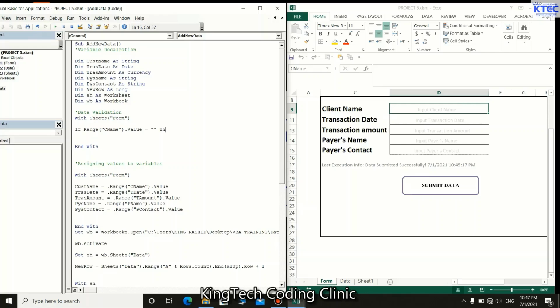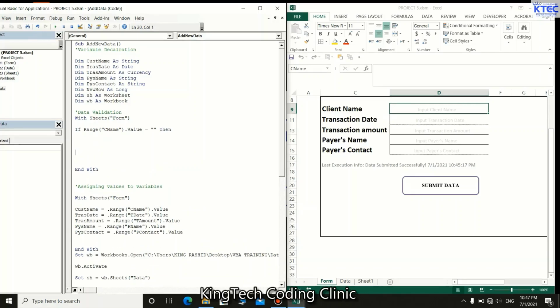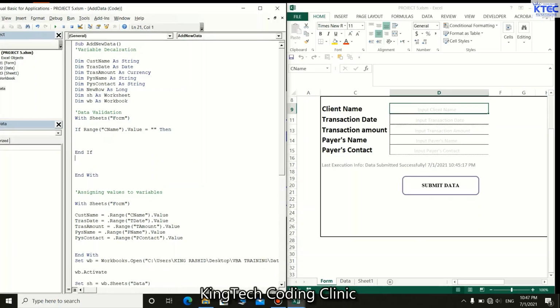Okay, then let me have my End If here. Anytime you have If, you should have End If. Okay, sorry, End If. Perfect. Now what I'm saying here is this: If Range, C name, which is this range, dot Value equal